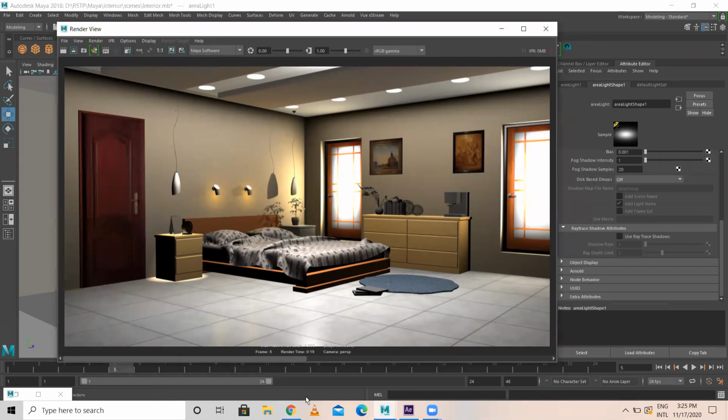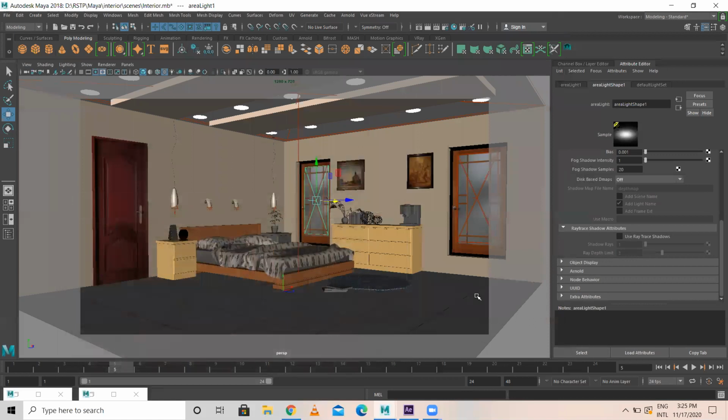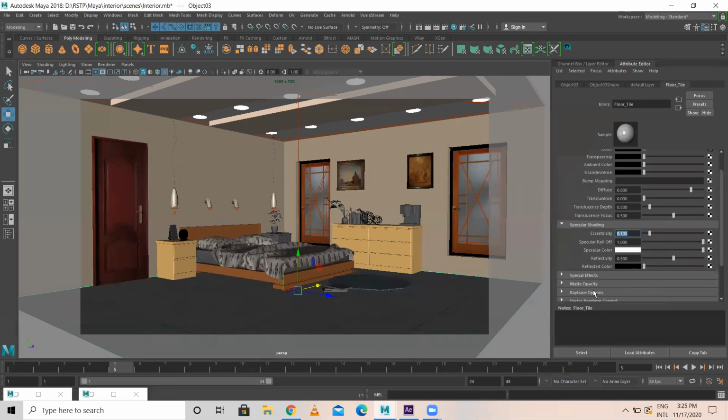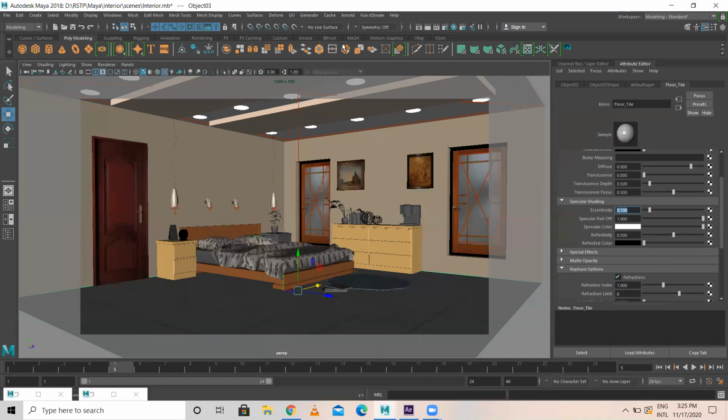See the interior model. Kindly refer to the videos which I have shared. I have shown how to do unwrapping in the last class, and how to apply textures. Now if you see this wall and all, this looks so smooth and the output is also good. Just try this. And this one, the floor tile: blend, specular roll off, specular color. So it looks good only.